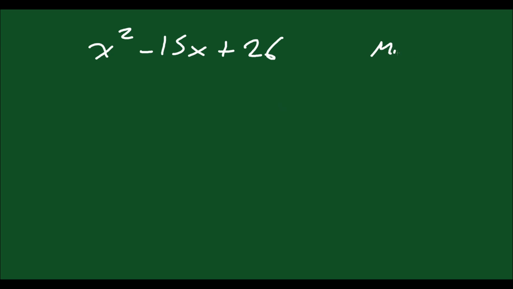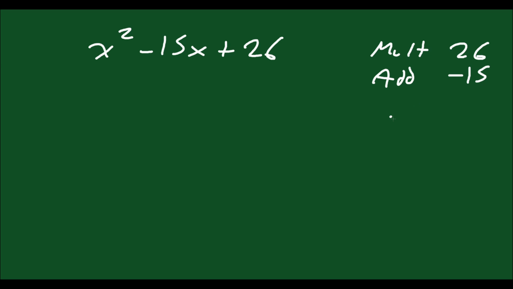So I want two numbers that multiply to 26 and add to negative 15. So again, I like to start by listing all the numbers that multiply to the first number, because if you start by thinking of all the numbers that add to a particular number, you're going to be here all day, right? There's an infinite amount of combinations that will add to negative 15,